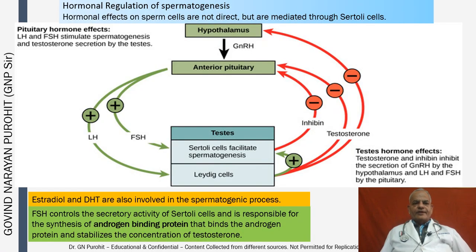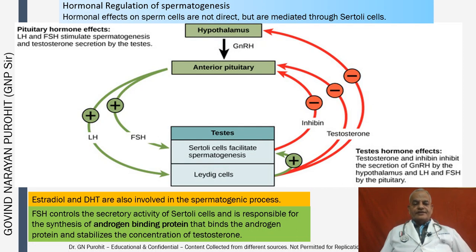Then the hormonal regulation of the spermatogenesis. The hypothalamus affects the anterior pituitary by way of GnRH, and this causes the release of FSH, which has effect on the Sertoli cells, which facilitates spermatogenesis. The LH, which has effect on the Leydig cells, leading to release of testosterone, and the Sertoli cells also release inhibin. The estradiol and dihydrotestosterone are involved in the spermatogenic process, and the FSH controls the secretory activity of the